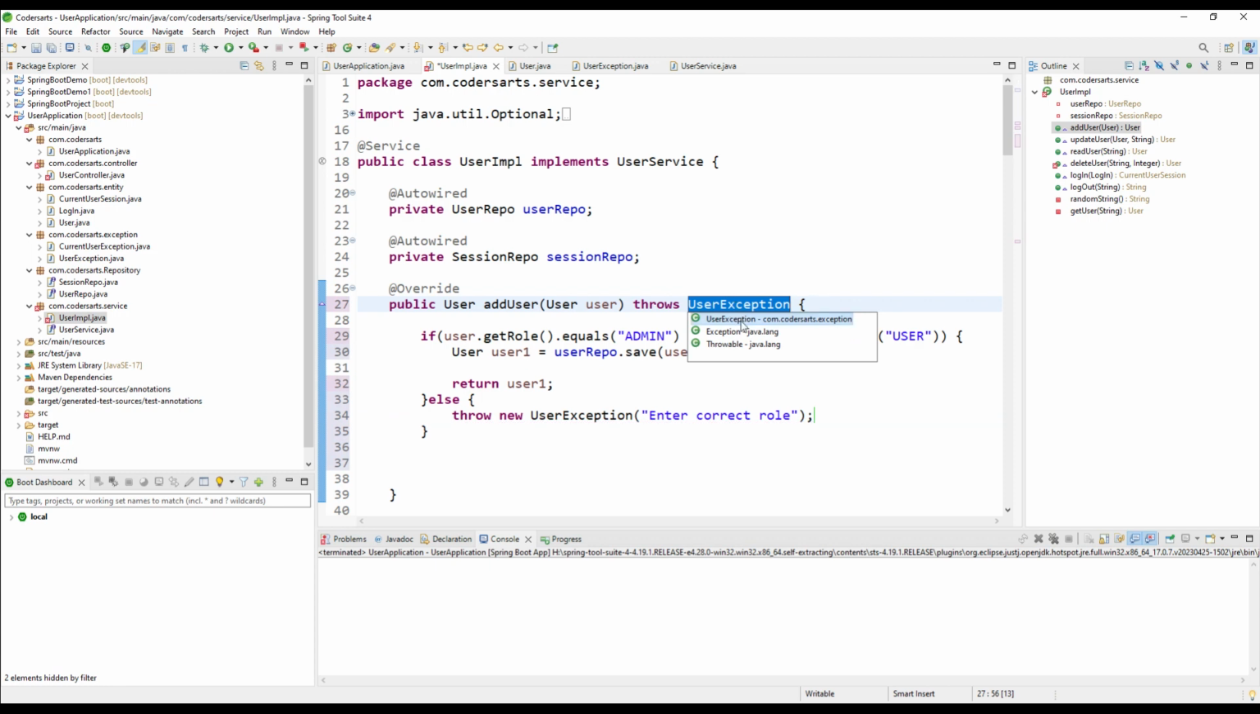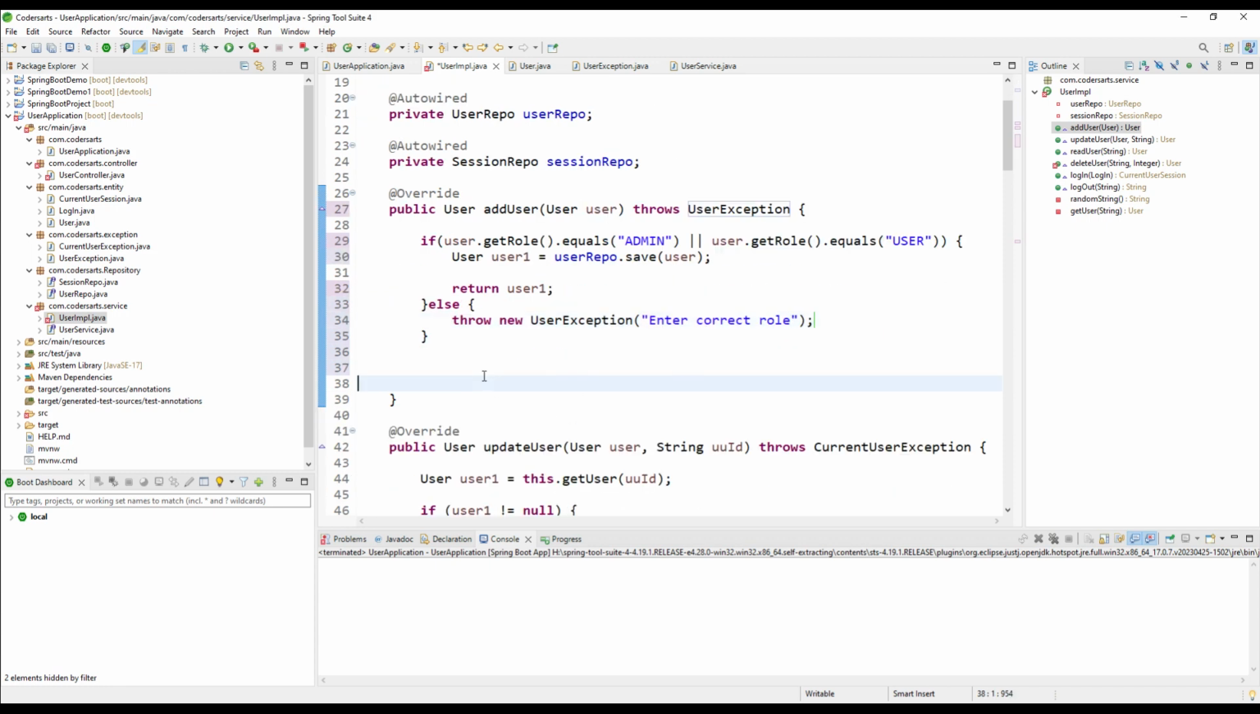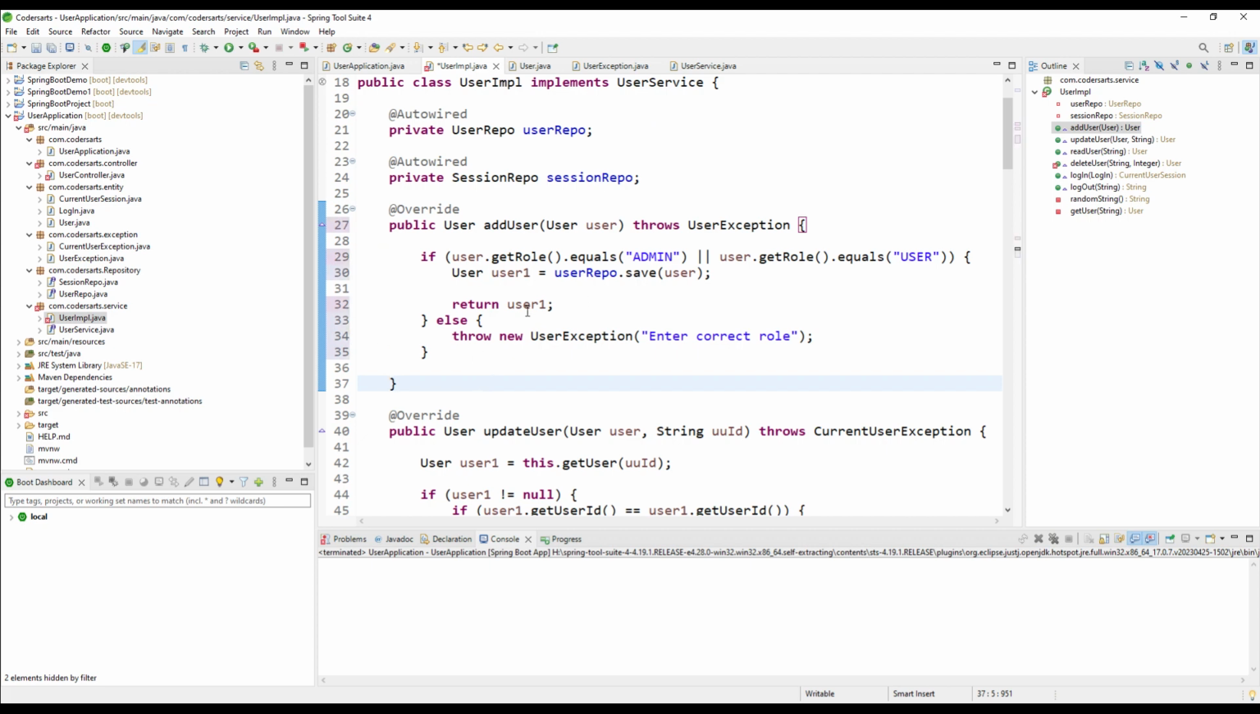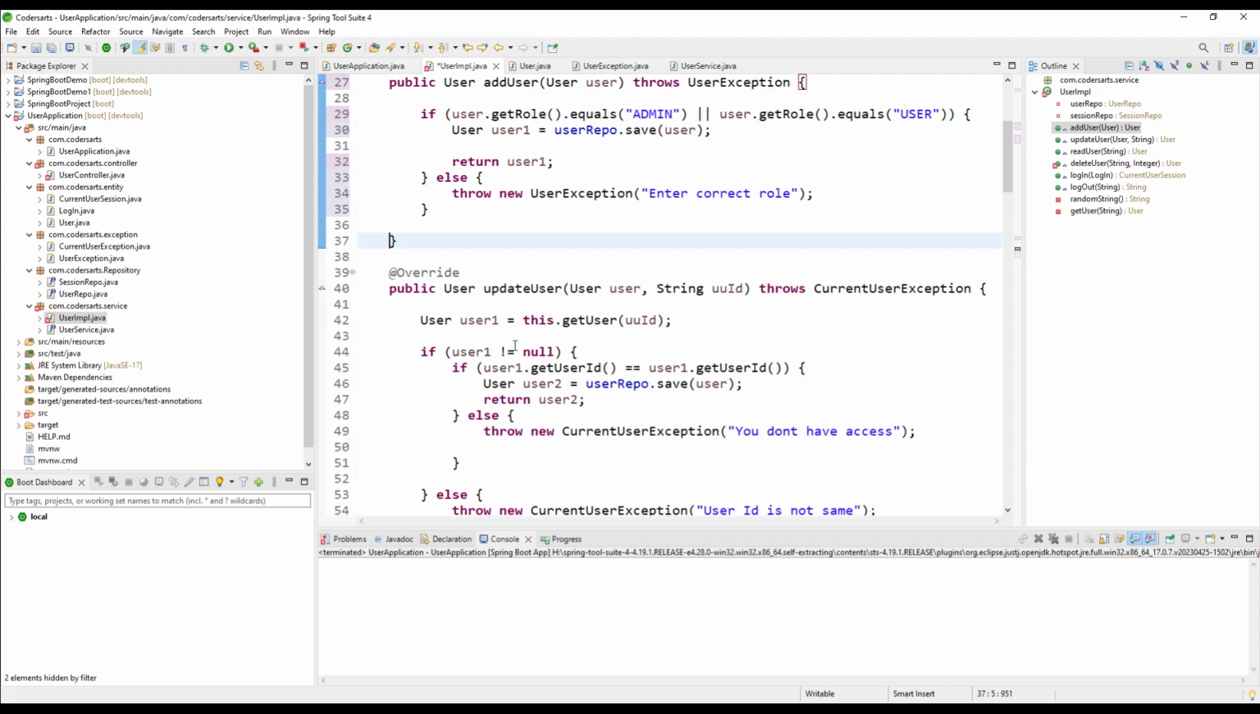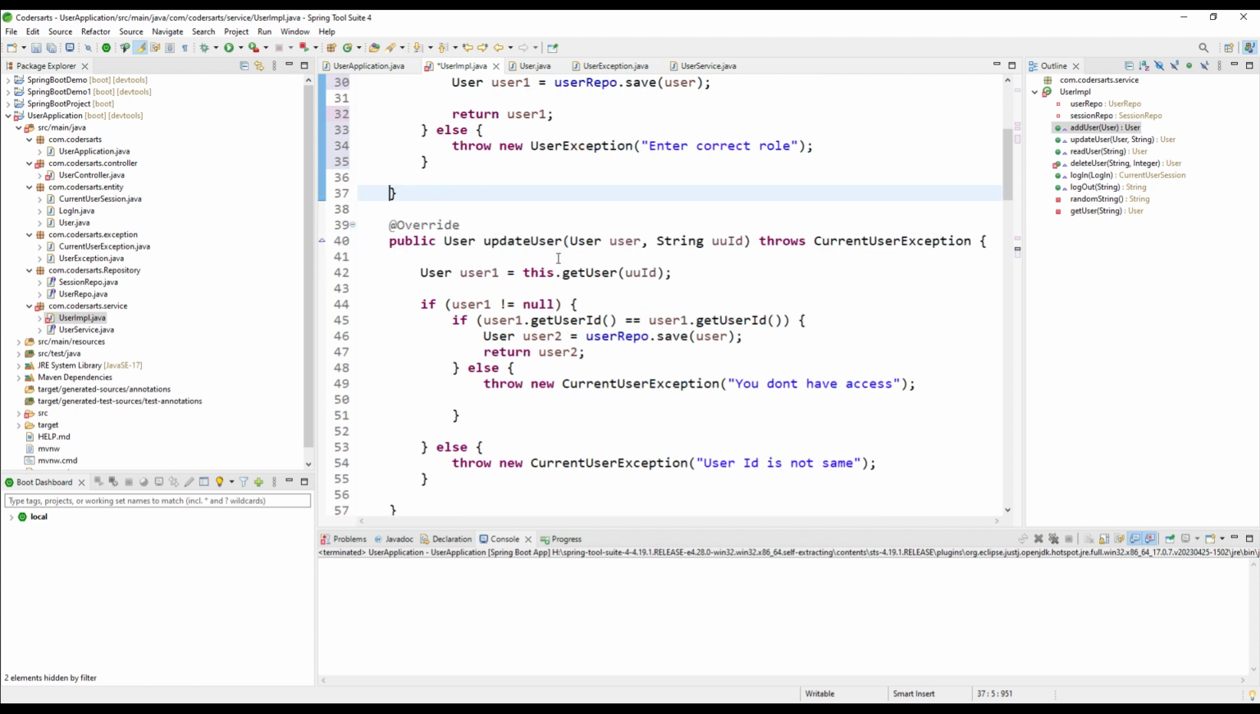So it will save that. We'll throw the user exception, and after this, I will just save and arrange this by using Control Shift F. So it will arrange our code. In that also, we are going to check that if